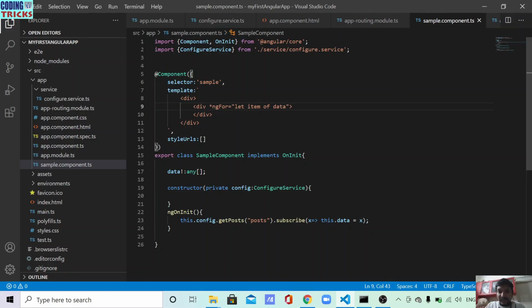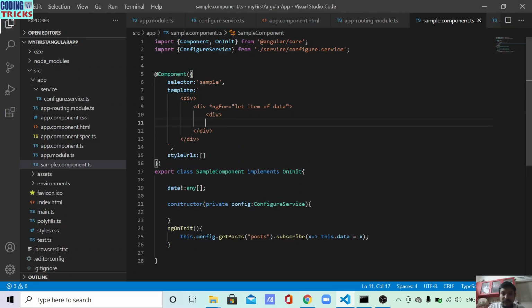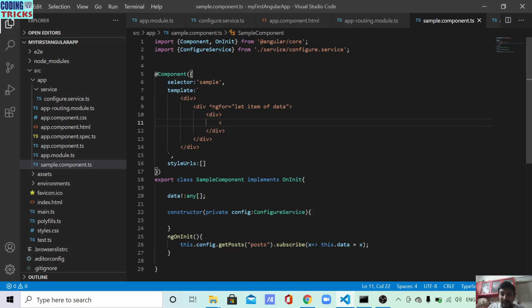I have defined data, and here I will define a div. Inside the div, first I will have a b tag of type title,